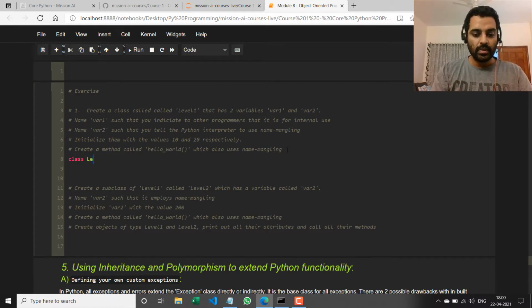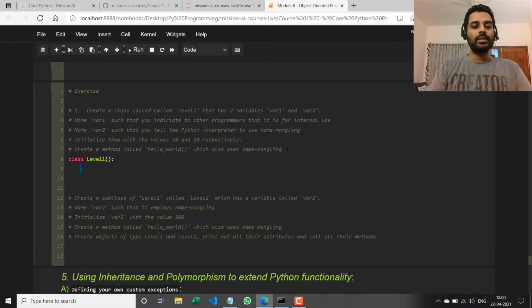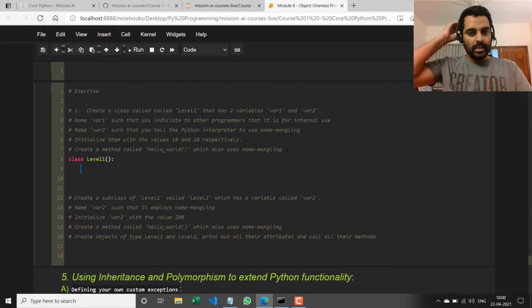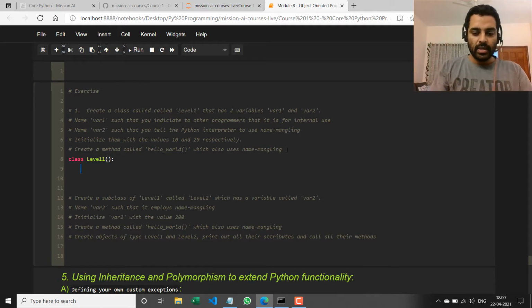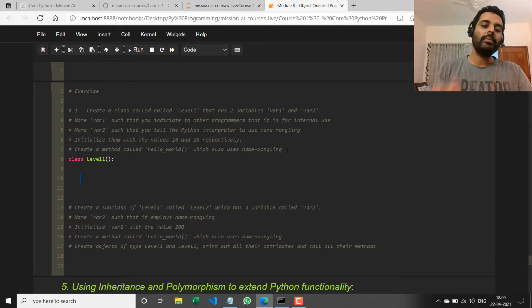Class level1, which has nothing that it derives from, no superclass. Now it has two variables, variable 1 and variable 2, and let me say these are instance variables. So I'm going to define the init method, which is the constructor, which takes self as the argument.